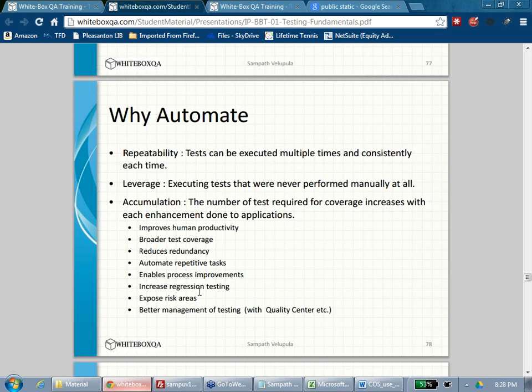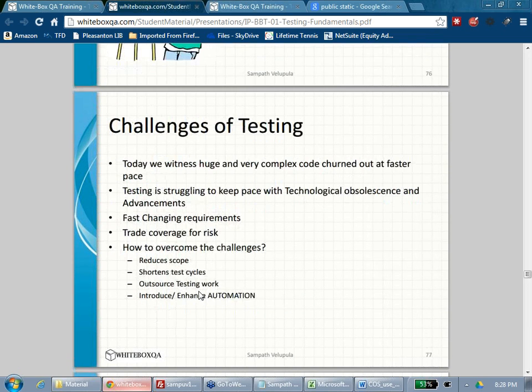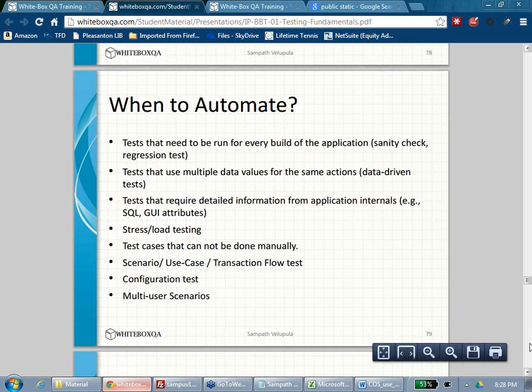So your releases will become shorter. Am I right? Your releases will become shorter. And another thing is you get better coverage. If you can do it fast, you will do more testing in less time, and get better management. So there are so many advantages of doing automation, but sometimes